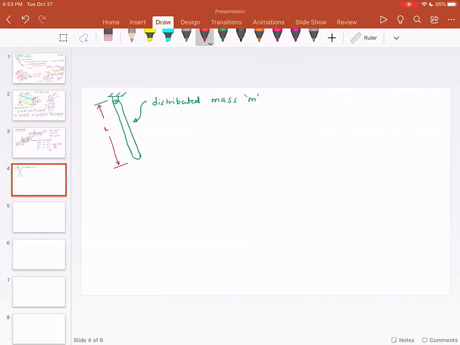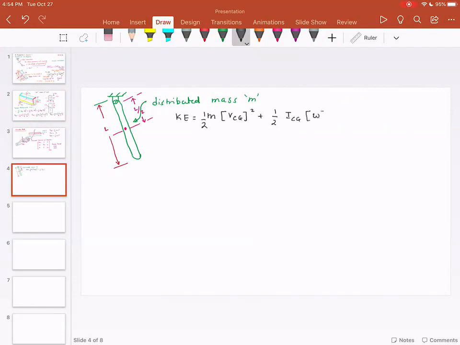And let's try to derive the equations of motion. First and foremost, where would the centroid be in the case of a slender rod? The centroid is obviously going to be at this distance, which is L by 2. This distance is L by 2. And let's try to write the expression for kinetic energy. Kinetic energy for this rod is 1/2 mass times linear velocity at CG square, plus 1/2 I at CG